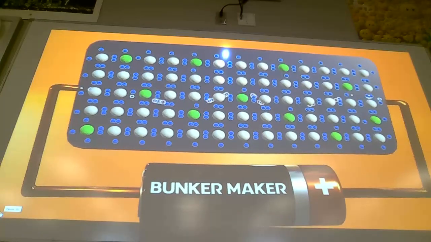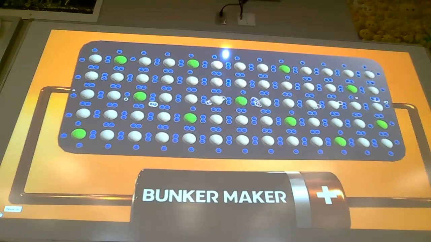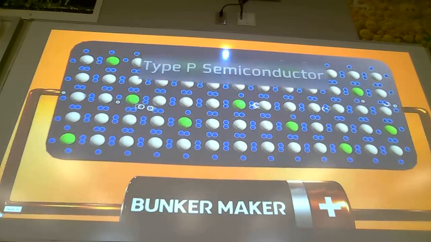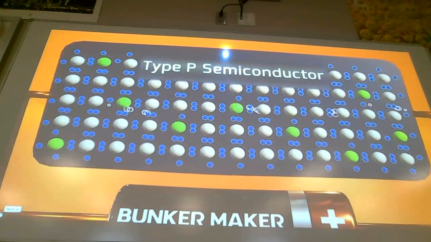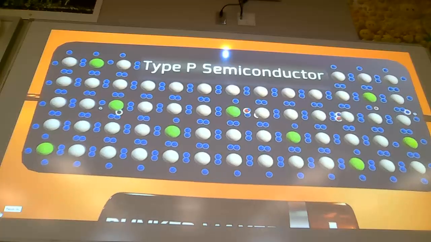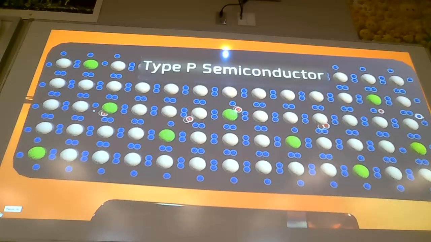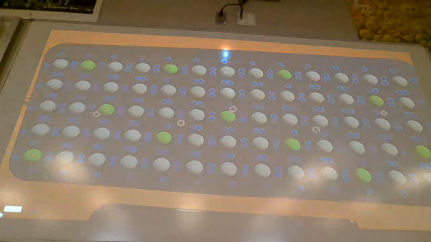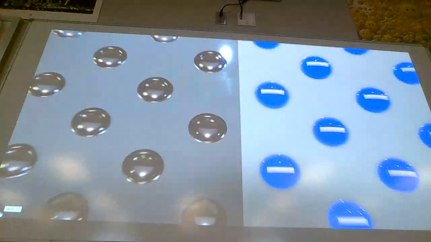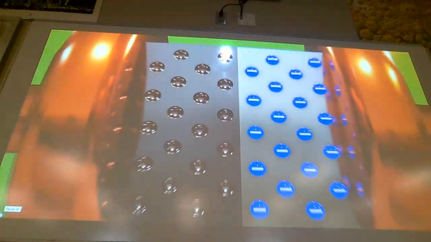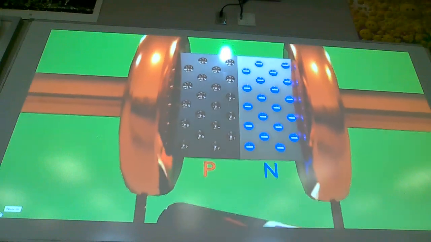Since this alloy would have 1 less electron in its stable form, it would have a positive charge, and it would be called a P-type semiconductor. Moreover, to simplify the visualization, we will say that each hole corresponds to a positive charge. This way, when a p-n junction is generated, depending on the polarization of the voltage source, there will be 2